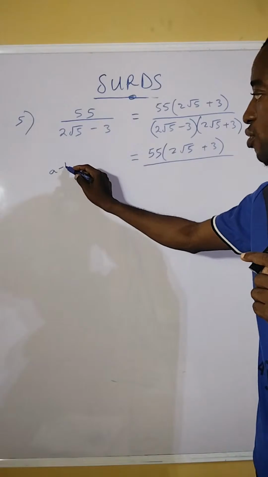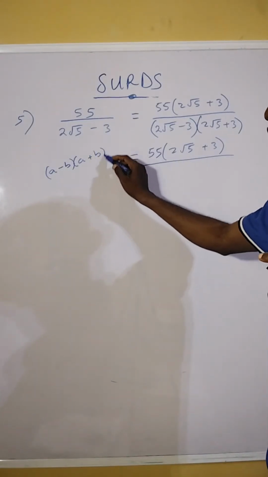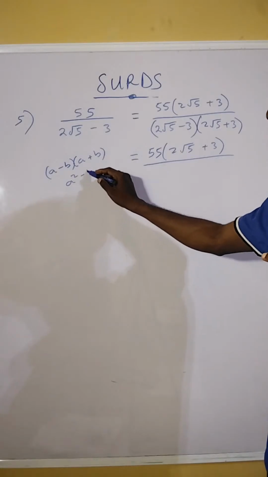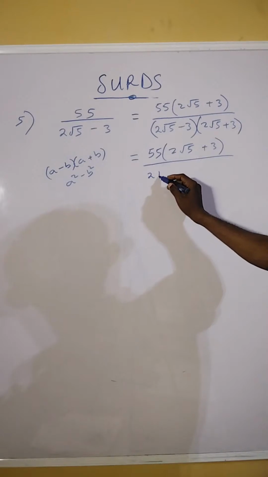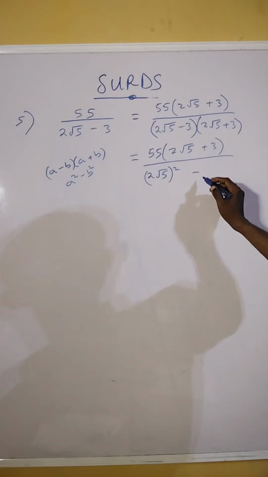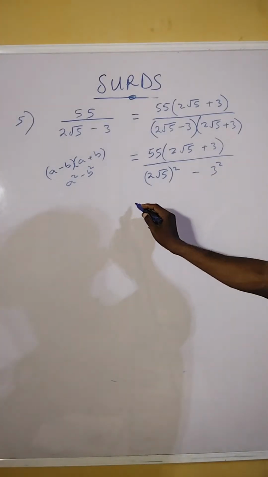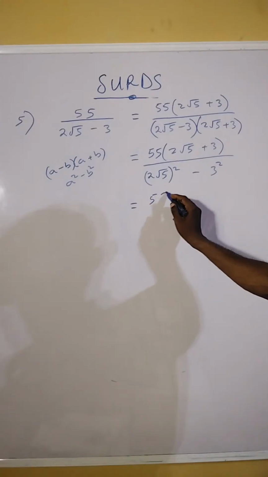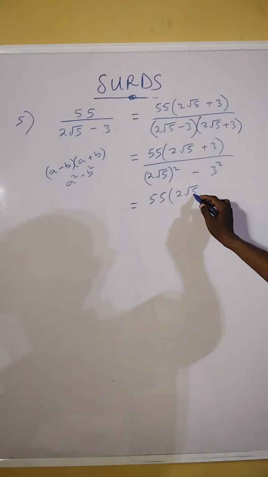That is, a minus b times a plus b can be written as a square minus b square. So here a is 2 root 5, we have 2 root 5 all square minus 3 square. And this here we have 55 into bracket 2 root 5 plus 3